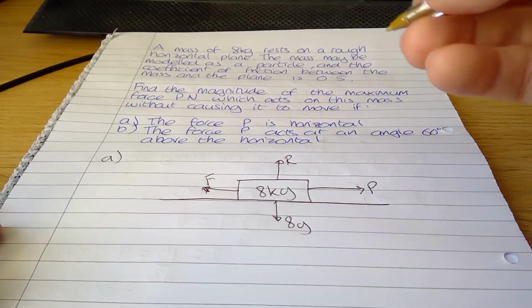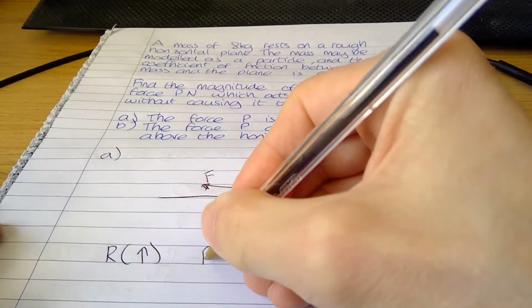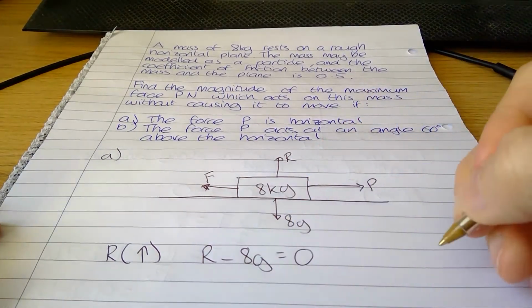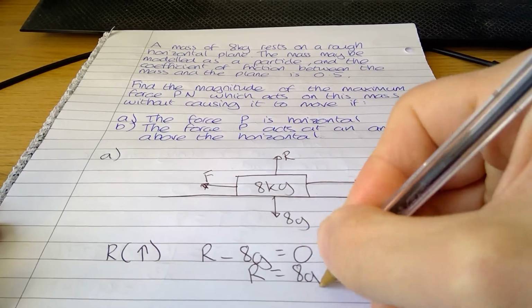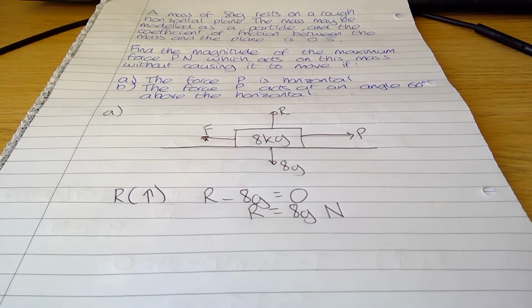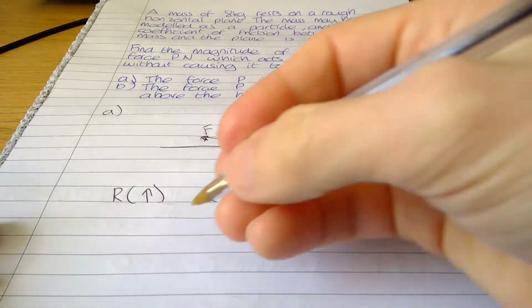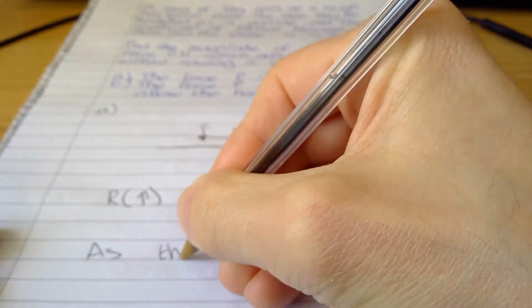find P from there. So if we resolve vertically, straight away that's going to tell us that R take 8g is equal to 0. So because it's in equilibrium, it's not actually moving, and therefore R is equal to 8g newtons. So because it's not moving, we look at the maximum force, it's on the point of moving in effect. We have, so as the block